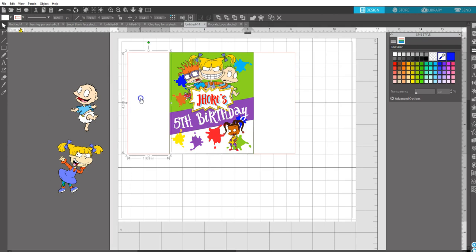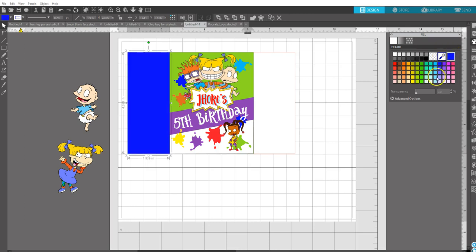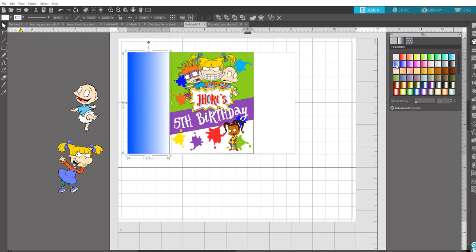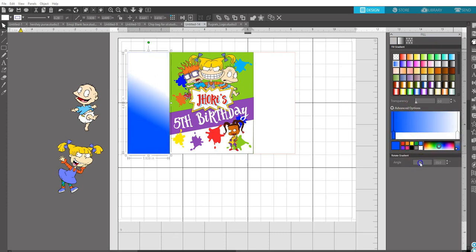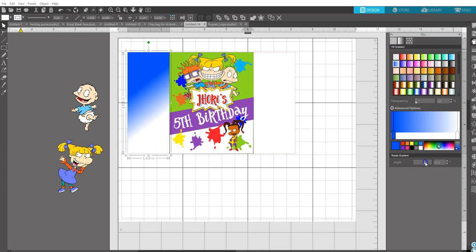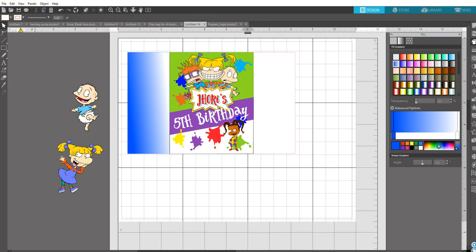Then next you're going to go to the side. You can change that color to whatever color you want as well. I'm going to just change it to probably a gradient. I'm going to change the angle on the gradient. I think that looks okay, so I'm going to just change it to that color. And then all you will place is your